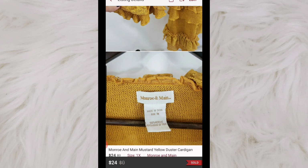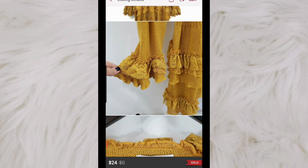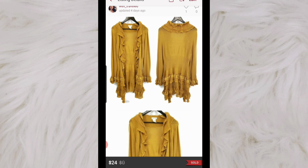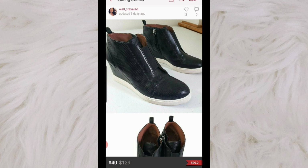So I picked this up at a thrift store for $2.99. I had it listed, I think, a little higher than this, but I accepted an offer of $24, and this sold very, very quickly. Next, I sold this pair of Linnea Paolo, I think is how you pronounce it, women's